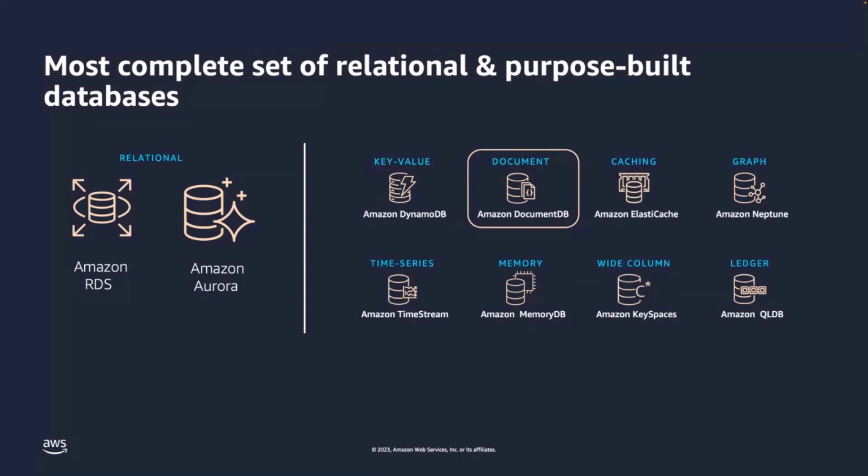For customers wanting to move away from self-managing non-relational document and key value stores such as MongoDB, Redis, and Memcache, AWS offers DynamoDB, DocumentDB, and ElastiCache. And in addition, in the NoSQL family, we offer Amazon Neptune, which is a graph database, and that allows you to store data as relationships, enabling you to build queries that efficiently navigate highly connected data sets. For wide column databases, we offer Amazon Keyspaces. In this service, you can store a large number of arbitrary columns in each row.